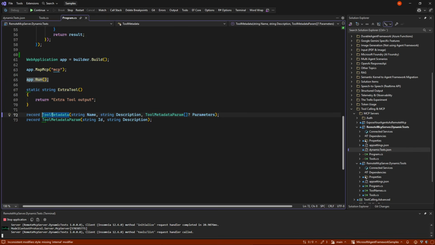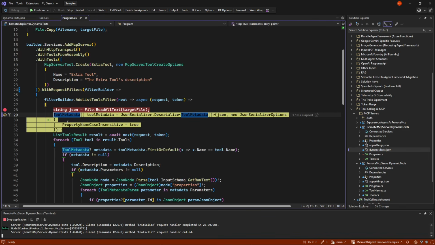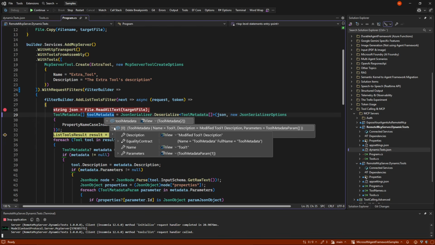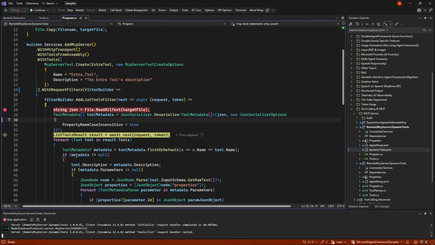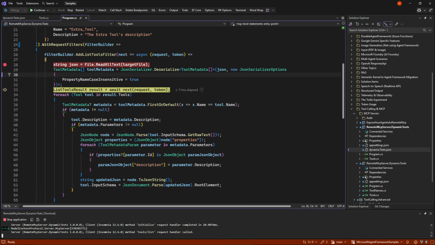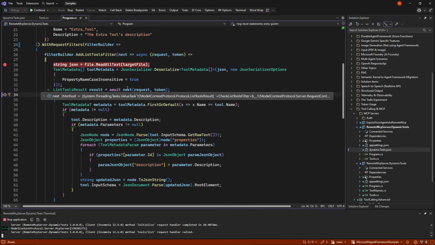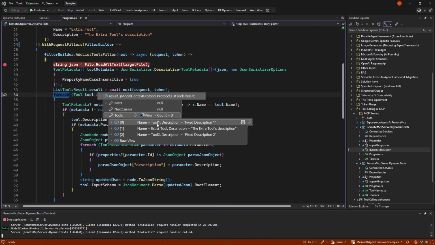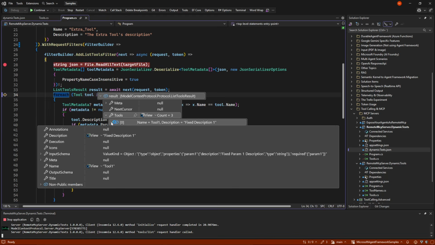And the metadata we had in the JSON is just represented in these two records: the name, description, and the parameters. So whenever we grab this, it's essentially just the metadata we had in that JSON represented as code. So we have a description and we have a name. And then what we will normally do, or if we didn't have this list filter, it would do this. It would just call get all the tools, and we will see we had 3 tools with the fixed descriptions and the fixed extra data down in the input schema with the description here.